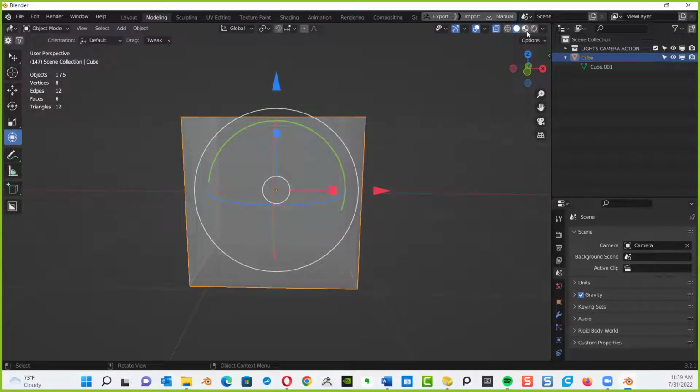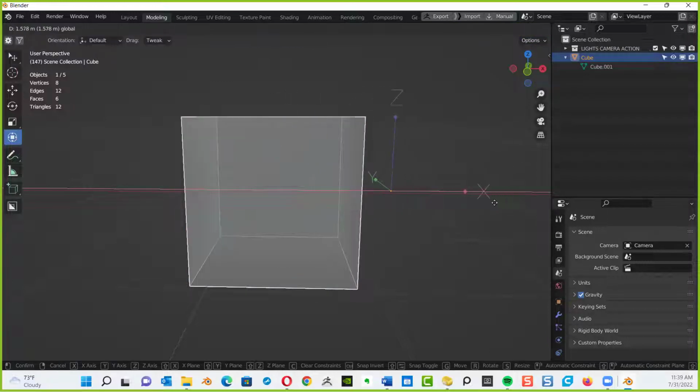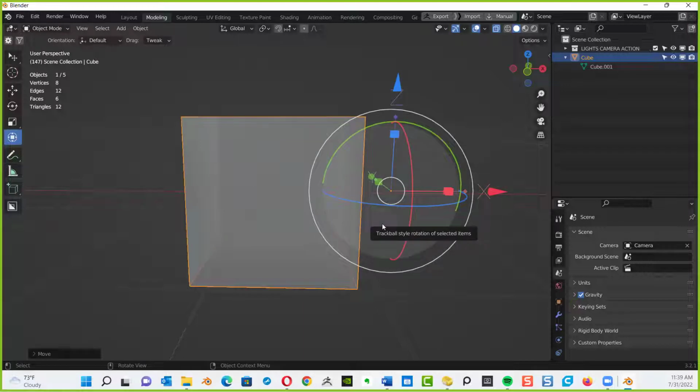So right up here in your viewing modes, to the very far right-hand side, just below it, you see options. If you drop the options down, you'll see a couple of boxes, origins and locations. If you check them, this no longer will move the object, but will move the origin point only.